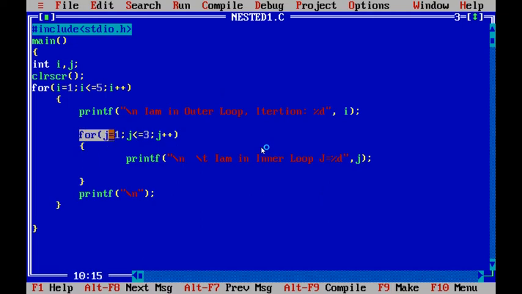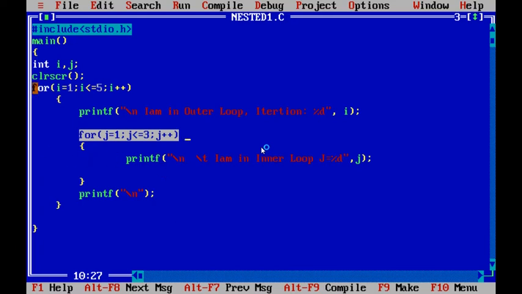This is our program's inner for loop. For j is equal to 1, j value is assigned 1 and the condition is j less than or equal to 3, j plus plus. J value starts from 1 and is incremented by 1 for every iteration, and up to 3 times. Up to 3 only it executes the inner for loop.